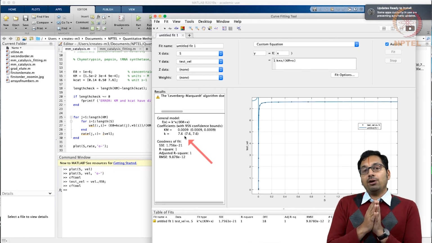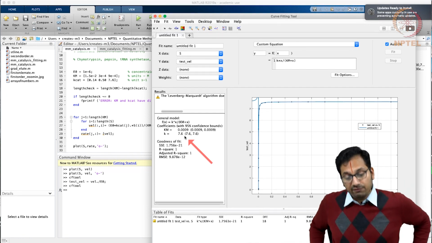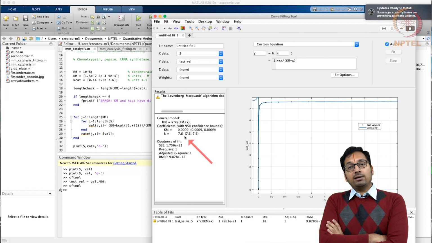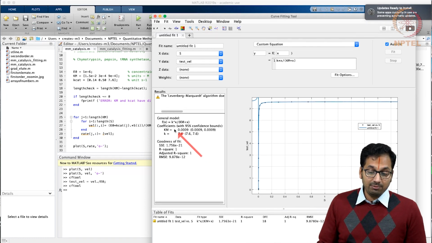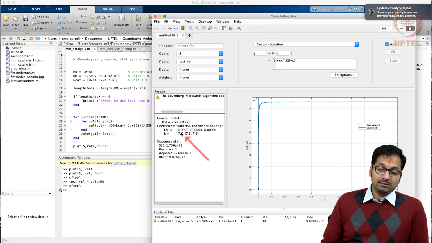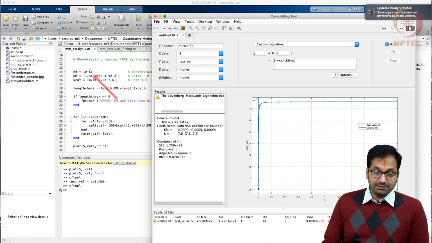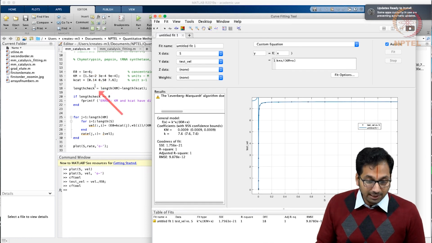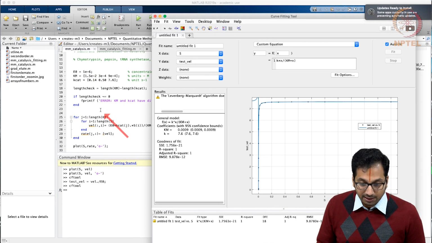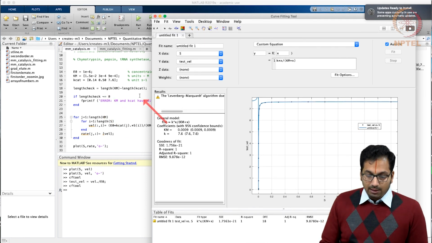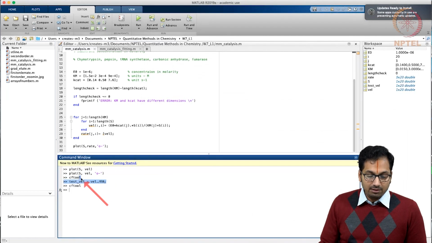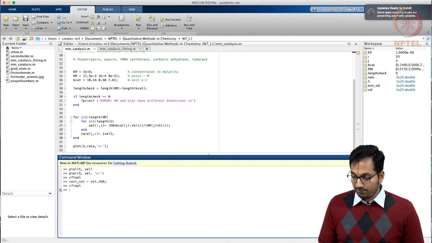Previously, when you did not divide the velocity of the reaction with the enzyme concentration, the problem was the fit was trying to get the product of E0 and Kcat, and what ends up happening is that Kcat is like 7.6 units, but E0 is something like 10 power minus 6 units, right? So this could actually have a problem here. One has to be careful to check whether we are doing all the fits the right way. Yeah, I have divided it by E0, not by 10 power 6, so that makes sense.